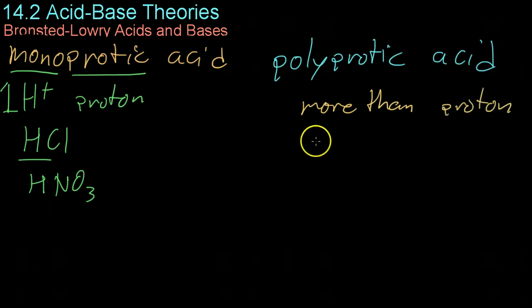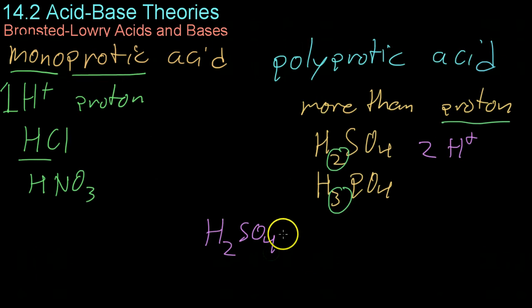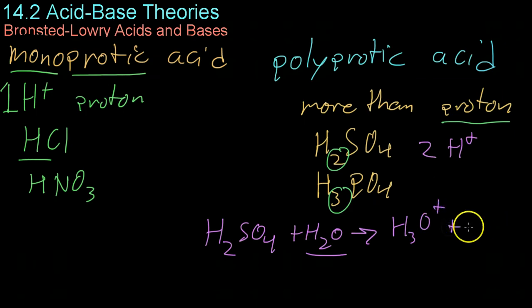solution. Some examples would be sulfuric acid, H2SO4, and phosphoric acid, which is H3PO4. As you can see, both of these have more than one hydrogen ion or proton that they can give up in solution. However, it's not as simple as giving up two H+ ions and being done. Because H2SO4 is a strong acid, it first will dissolve to completely ionize. So when you put it in a solution of water, you will get hydronium and